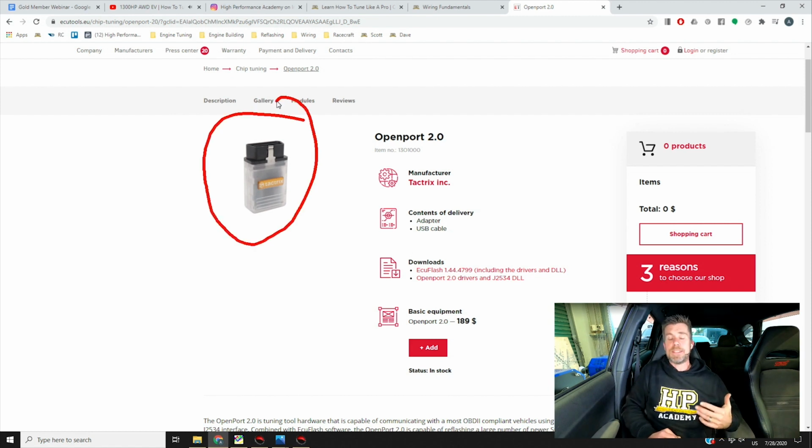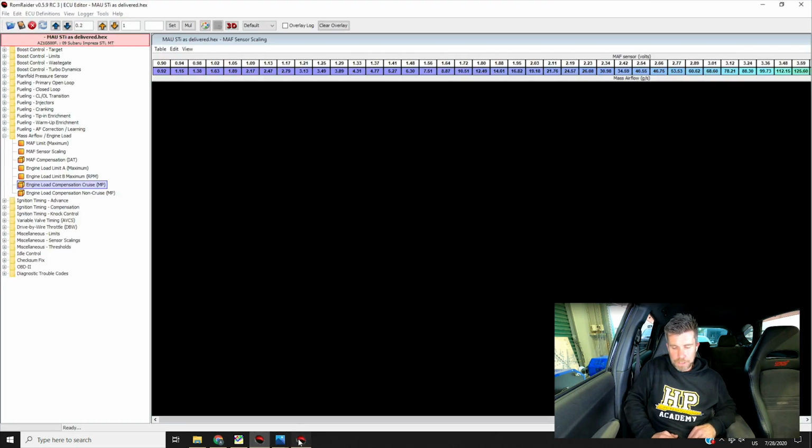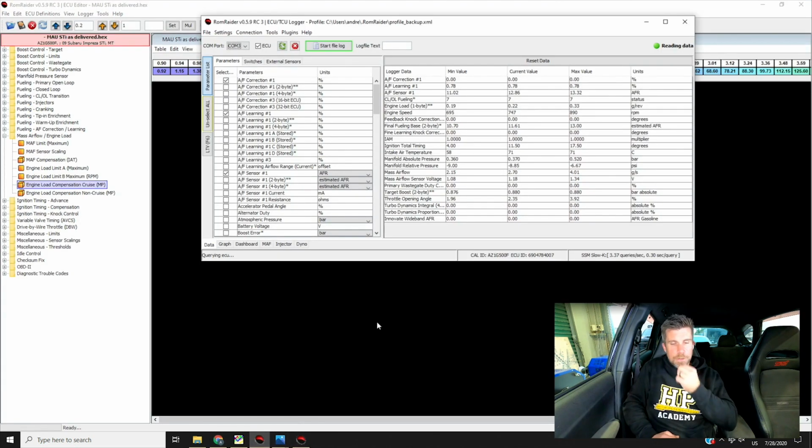There are a few adapters, a few connectors, I should say, that you can also purchase that come with this. So particularly if you are reflashing Subaru, depending on the particular model, there's two different connectors that you may need, which basically they're jumpers that you need to bridge when you're reading and flashing the ECU. There's a separate one as well for the Mitsubishi tuning world. So you're going to probably be out of pocket around about $200 odd US plus some freight, depending on whereabouts in the world you are. So it's not a huge expense there. So once you've done that, you can get your data and you can start logging it.